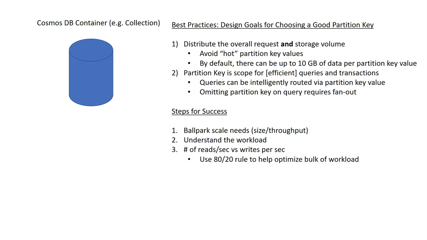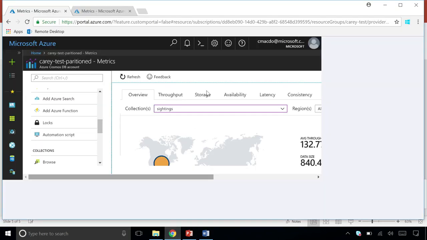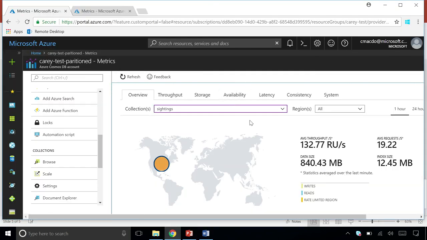What a lot of people don't know is we have some really extensive metrics in the Azure portal for debugging issues like you picking a bad partition key. So I have a couple demos to show that off a little bit. Excellent. Okay, so the first one, this workload that I have set up here, the idea is that we're logging